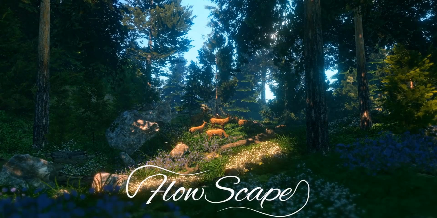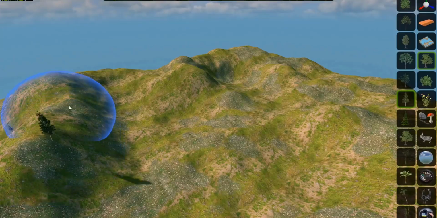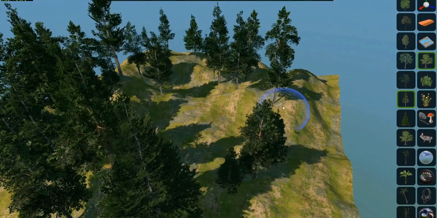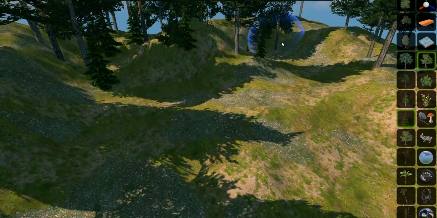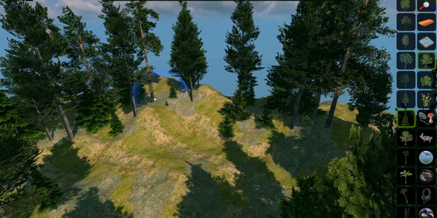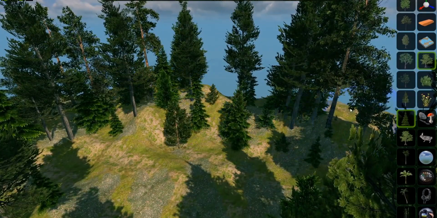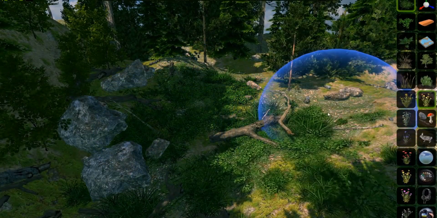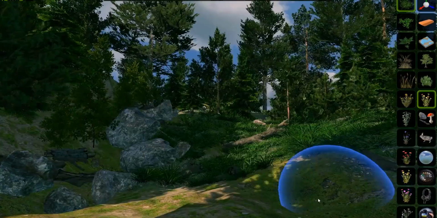It's the end of the week, guys, and how better would you want to end your week as an artist than just simply playing with some amazing tools that you can find on the internet? Basically you can just create your own world, go in there, explore, and do so many amazing things. Today I'm going to talk to you guys about a new tool which I found lying around on the